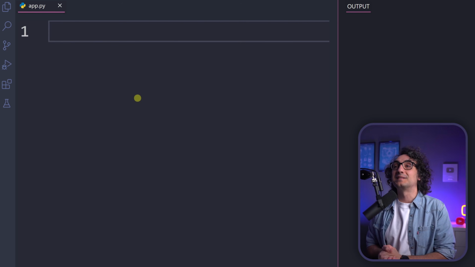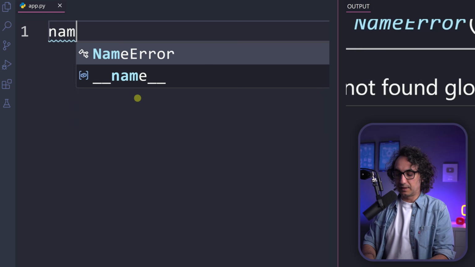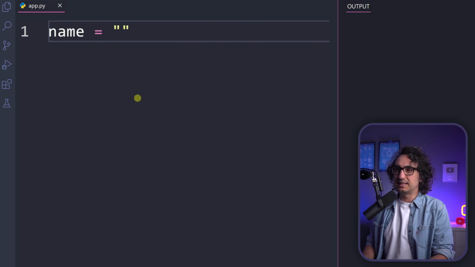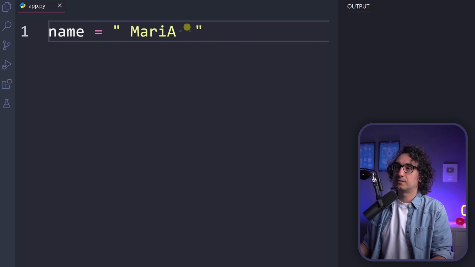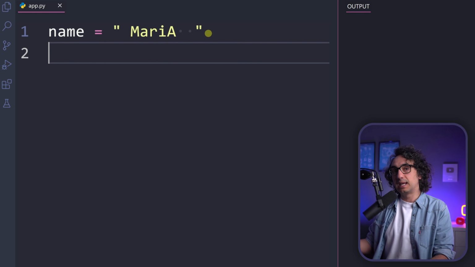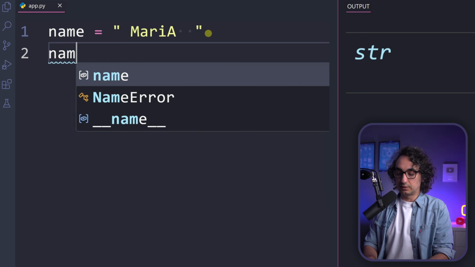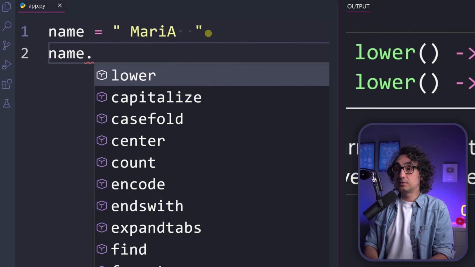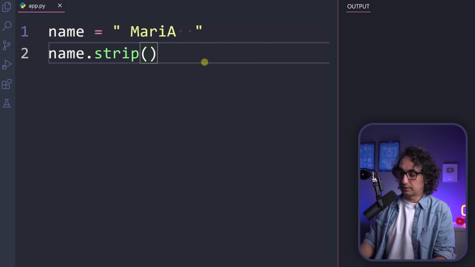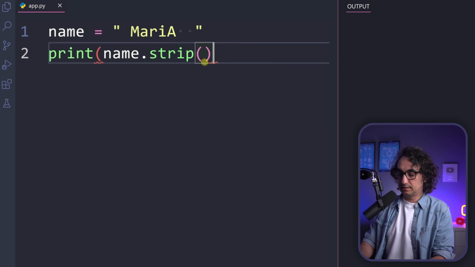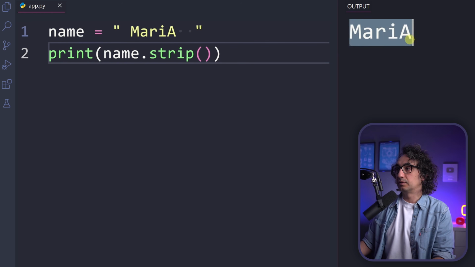Alright, so now let's practice in Python. Let's say that I have the following name and the quality of the name is not really good. So we have at the start some space and then we have Maria like this. The cases are messed up and at the end we have 2 spaces. I would like now to process the name in order to make it cleaner. Of course, in order to do that, we're going to use the string methods. The strip is going to clean up all those white spaces. Of course, in order to see the results, let's print it. Now, if you check the output, you can see we don't have any more spaces.